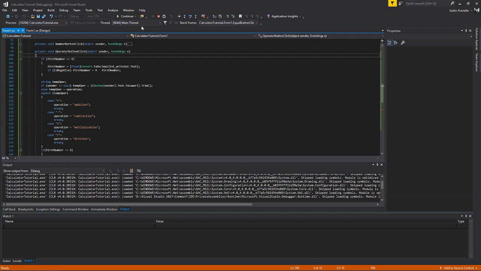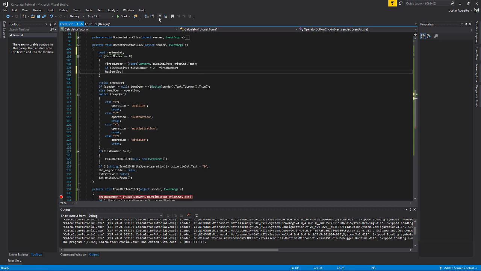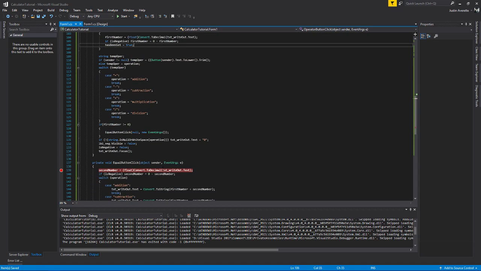Okay. I know how we can solve this. We'll use a boolean, bool has been set. Set has been set equal to true. Okay, so if first number equals 0 and has been set false,